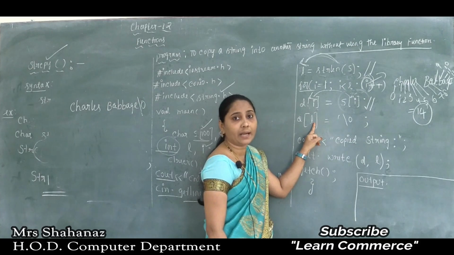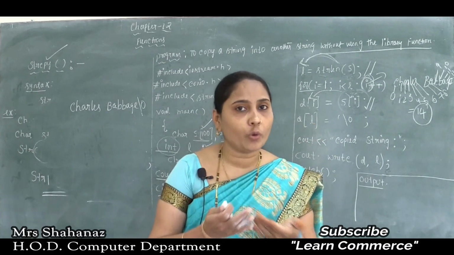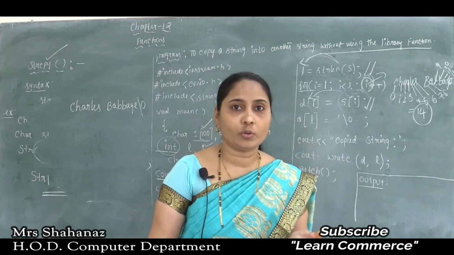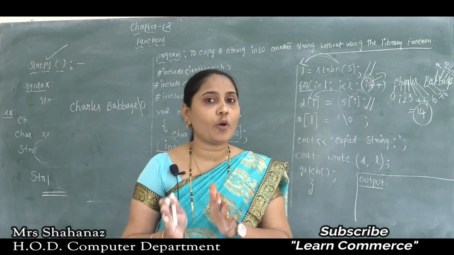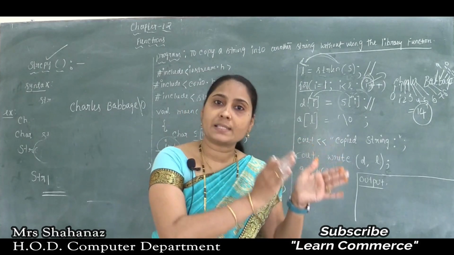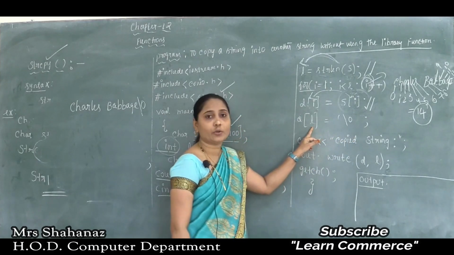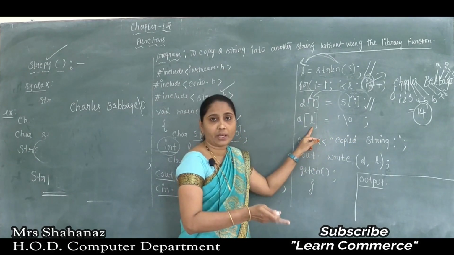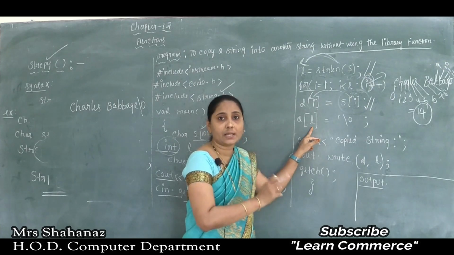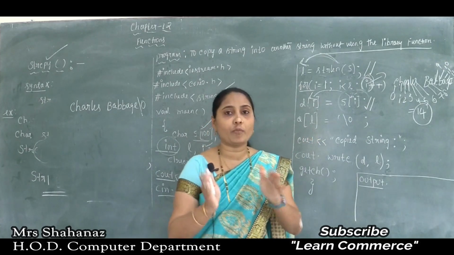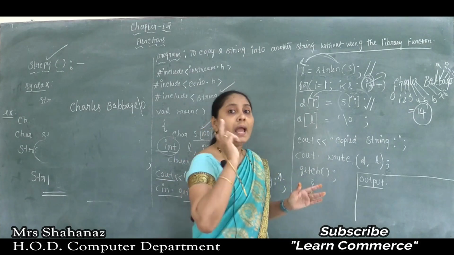That means we know that the meaning of L is finding the length of the string. So now there is no problem here, because we know that whatever information is there in the source string, such information we copy to the destination string, and we just added the null character. So we can use D of L. Okay, here D of L. L means just finding the length of the characters, and later after copying from one to another and also adding the null character at the end of the string.